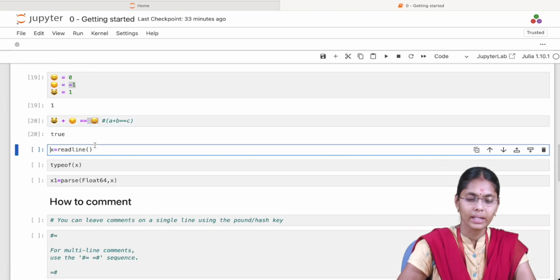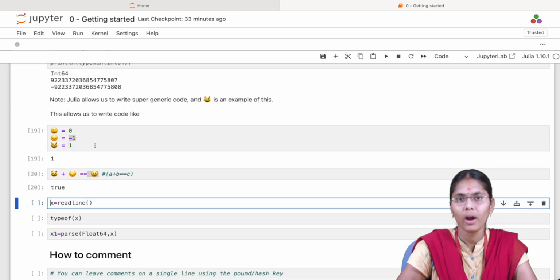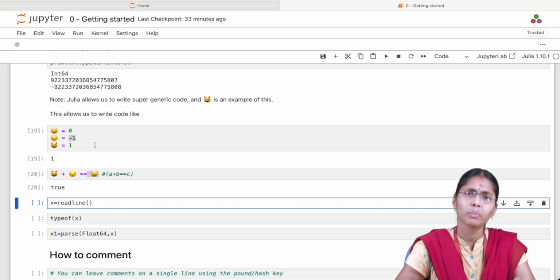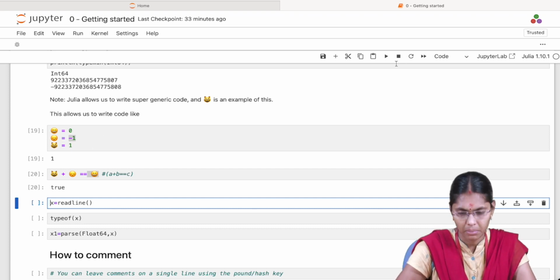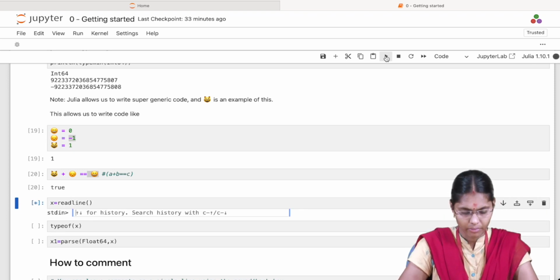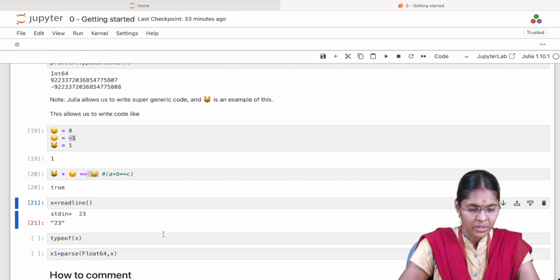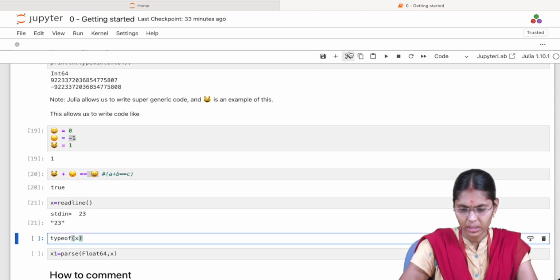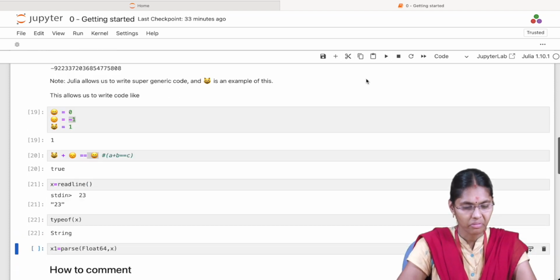Okay, we have seen so far how to take the variable name and a value for a variable in a static way. Suppose I want to get the value for a variable in a dynamic way. What I can do is use the readline function. Here I will get 32. So if I find the type of x, that is nothing but